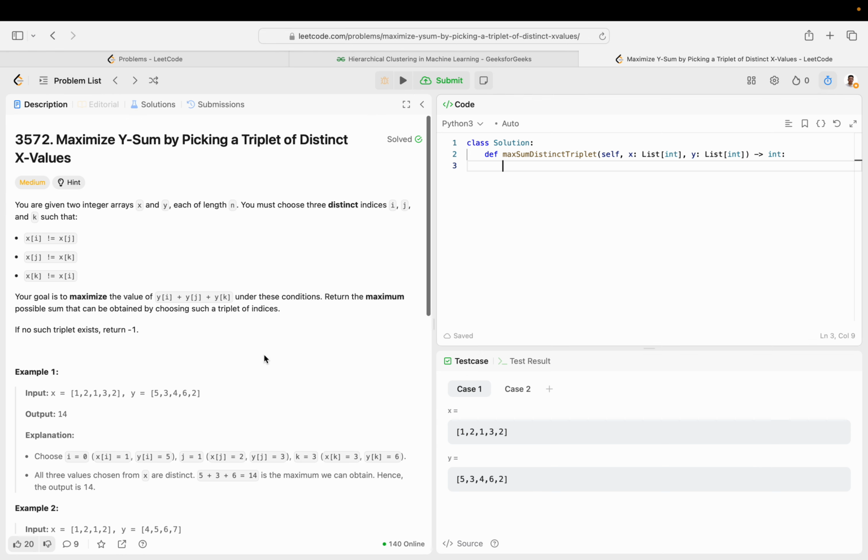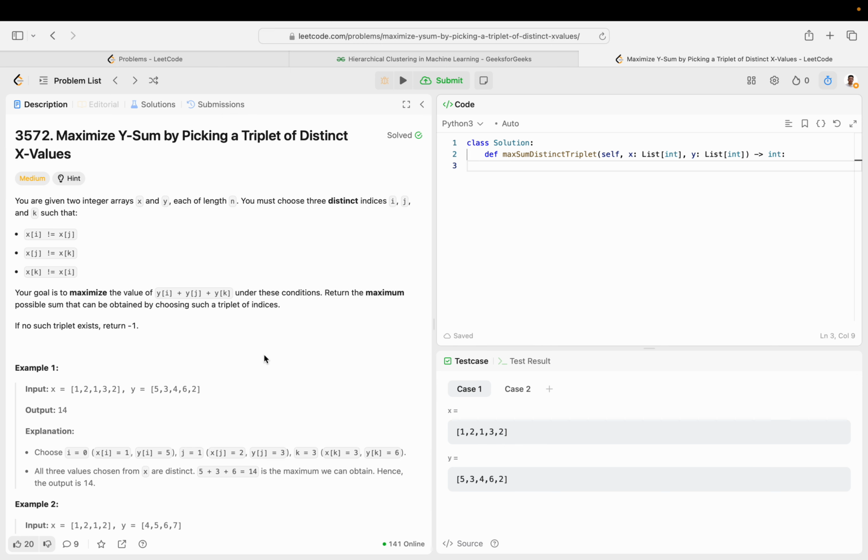So the brute force is pretty easy to code up. It took me like 2 minutes, but let me show you that real quick. So for i in range length, just do a triple loop. j in range length x. For k in range length x, if x of i is not equal to x of j, and x of j is not equal to x of k, and x of k is not equal to x of i, so